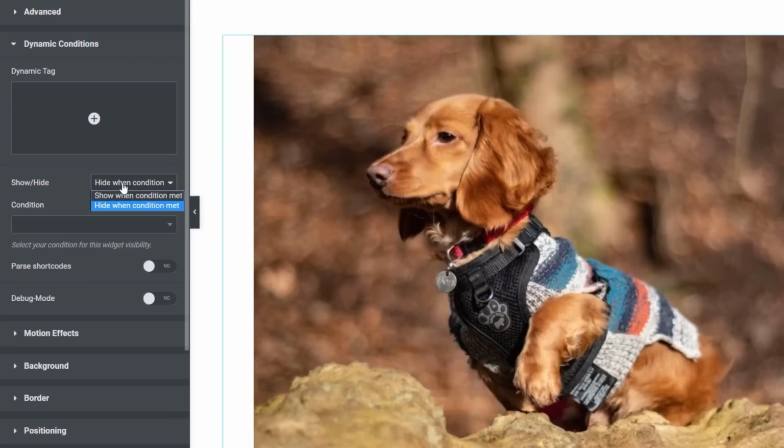Are we going to show something or hide something if the condition is met? So you can choose whichever option you want there. Both will do fundamentally the same thing. It's just how you want to handle it in your specific situation. Next up is the condition, and finally we have the parse shortcodes and debug mode, which I'm not going to go into in this. What we're going to say is, first of all, we're going to set the dynamic condition,